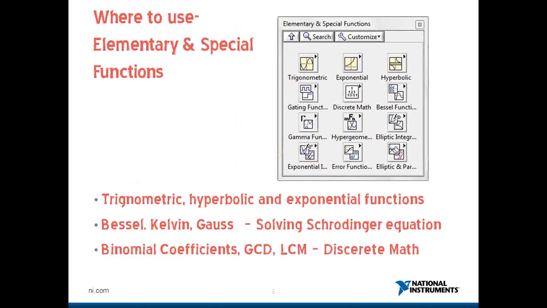The elementary and the special functions can range from trigonometric functions to hyperbolic functions, exponential functions. You know what? You could even attempt solving a Schrodinger equation through the Bessel, Kelvin, and Gauss functions available. Or it could be some simple discrete mathematical operations like binomial coefficients, the GCD, LCM calculation,